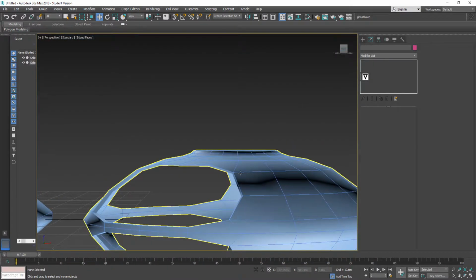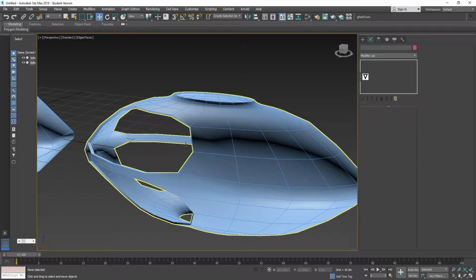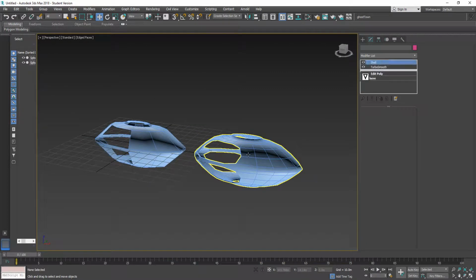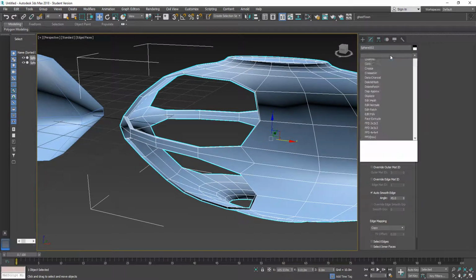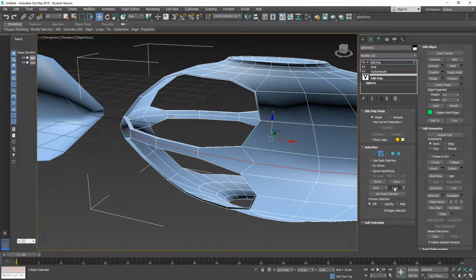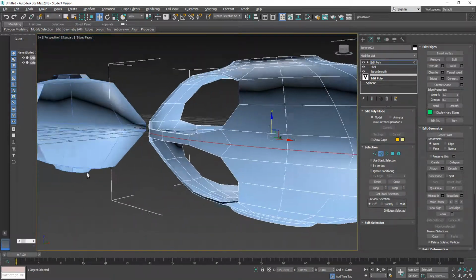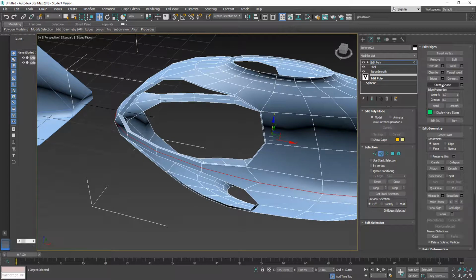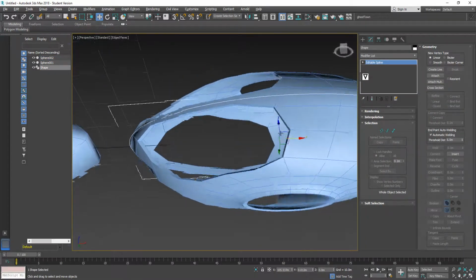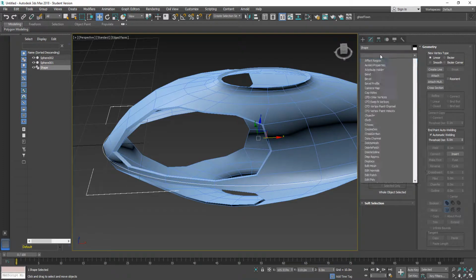Everything seems to look fine. Alright. Now we want to create a platform for it. So what we'll do here as well is, alright, so just tree here. We're gonna use edit poly. What we want to get is this middle ring. So again, edge loop all around it. Make sure it's all around it, and then we're gonna create a new shape that is just the ring. Yep. All right, and then we're gonna use